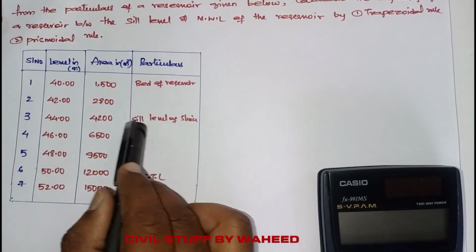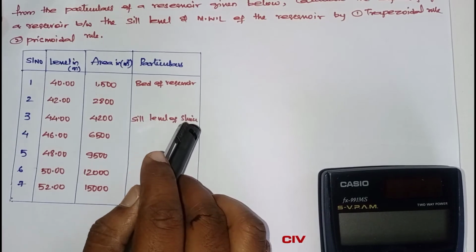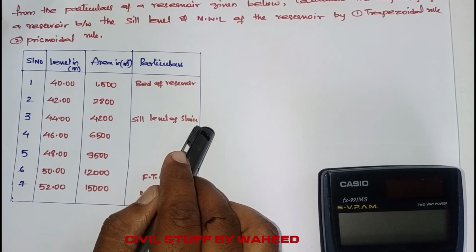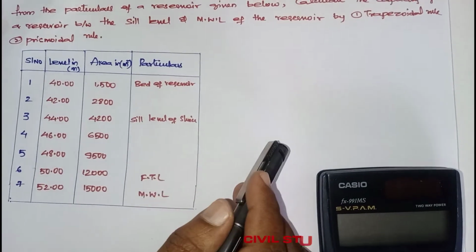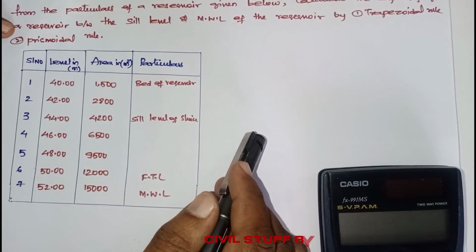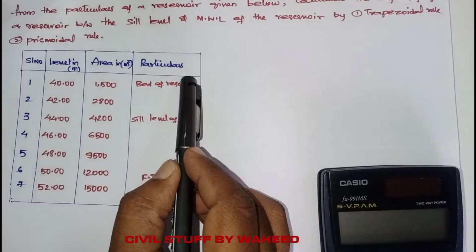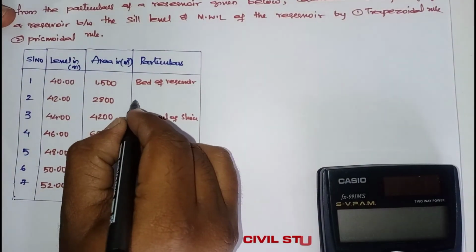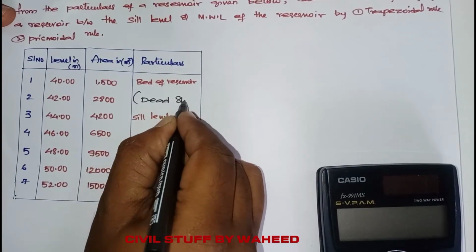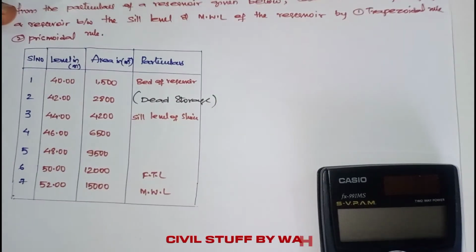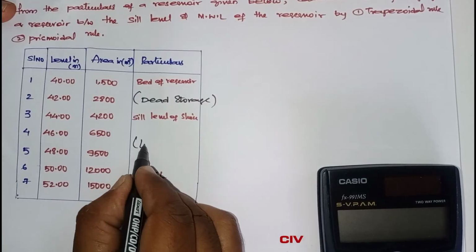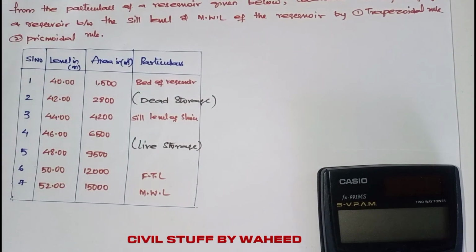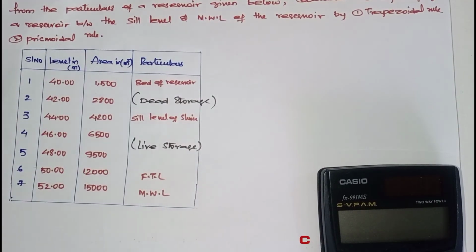Now, what do you mean by sill level? Sill level is nothing but where the water starts coming out in the downstream direction. Above that only you will be having the water which will be going downward. In between the bed of a reservoir and the sill level of a sluice, the water there is nothing but dead storage. And this one is live storage, which is usable. You can draw it into the downstream side or via canal, etc.